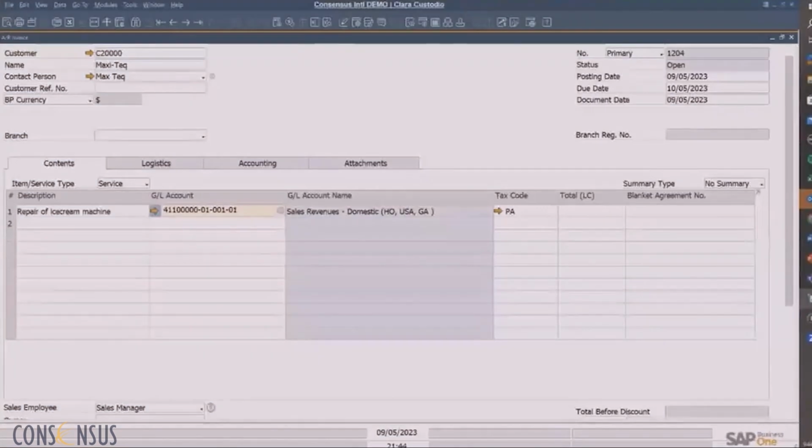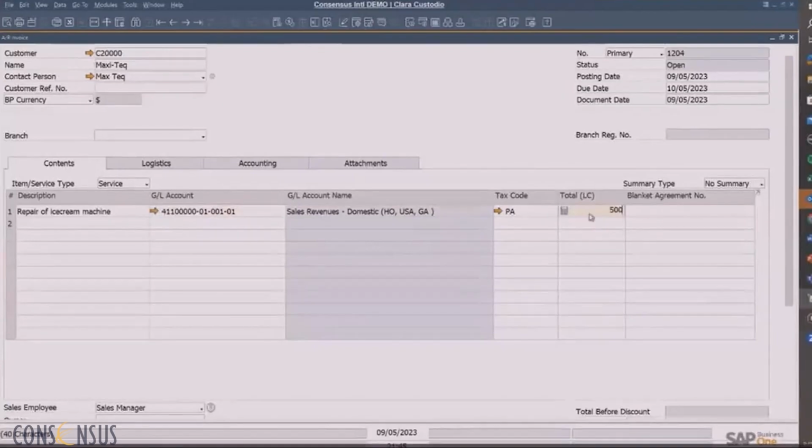Let's take a look at this scenario that is a little bit intriguing. We are working with a service AR invoice. So we are typing in the description, we're choosing our GL account, our tax code, and then we have this field called total. So we might say for this repair of an ice cream machine, we charge $500. So we type in 500, we press tab, and we're going to continue working on this, but then suddenly